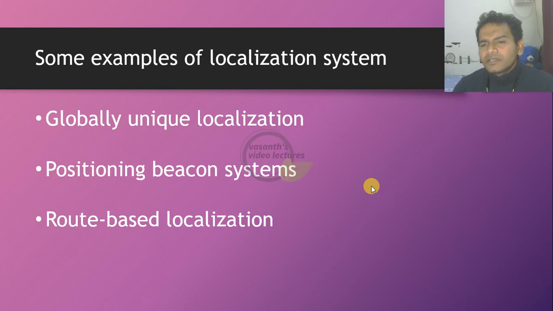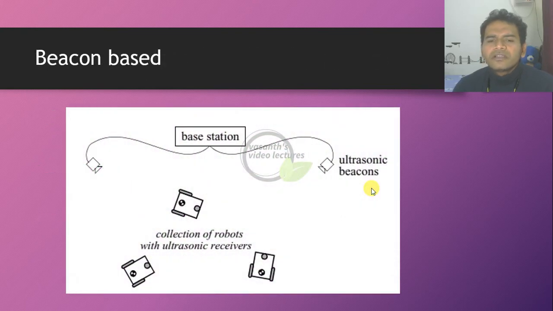system, basically you require a beacon that will observe your robot. So you have a base station here, and this base station will have multiple ultrasonic sensors. These ultrasonic sensors will tell you the different positions of your robots. For example, robot 1, how far it is located with respect to the second robot. That's all about a position based or beacon based